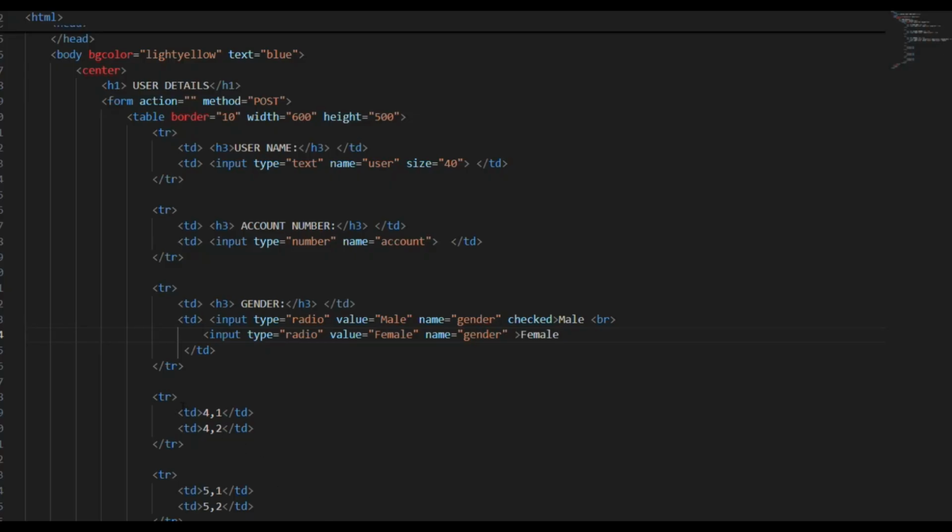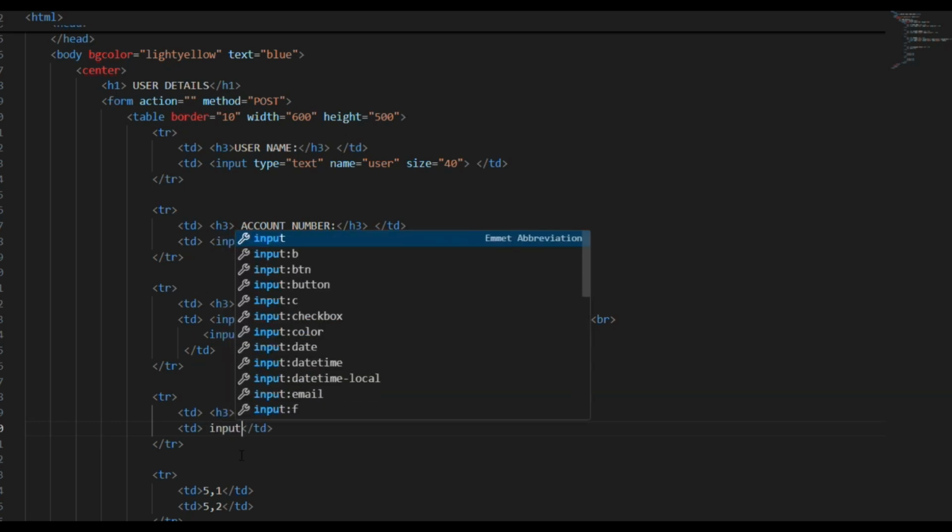Now the fourth one, languages known. We try to use h3, and you can see h3, that is called languages known, colon, and here if you come here and use, this is called an input tag. So input,